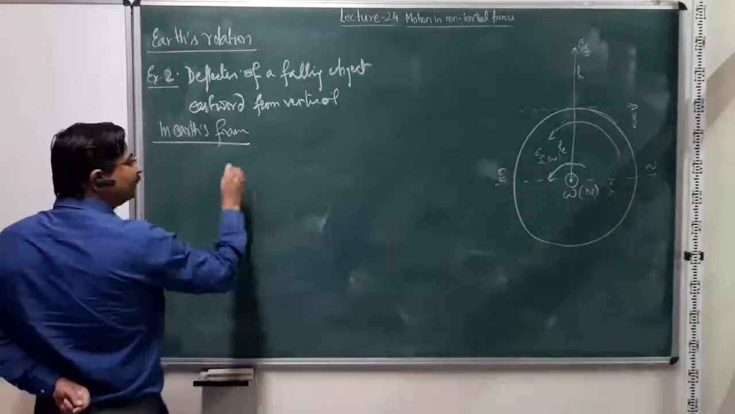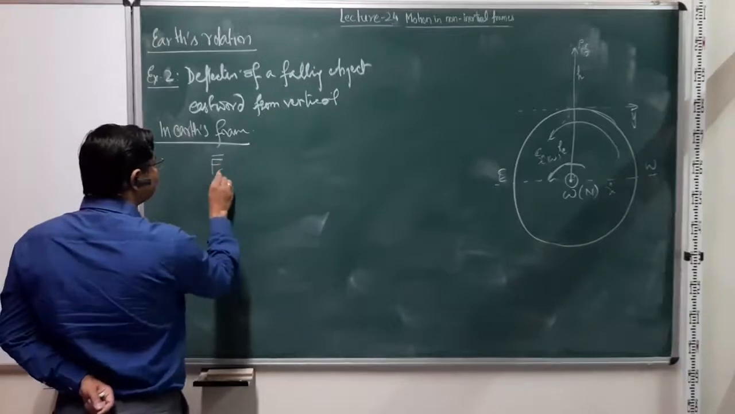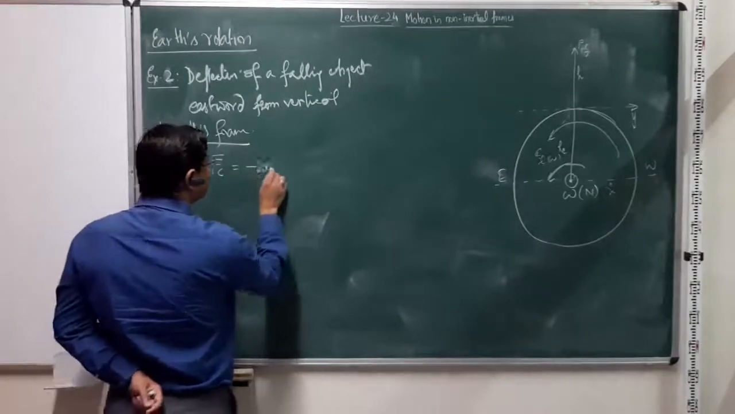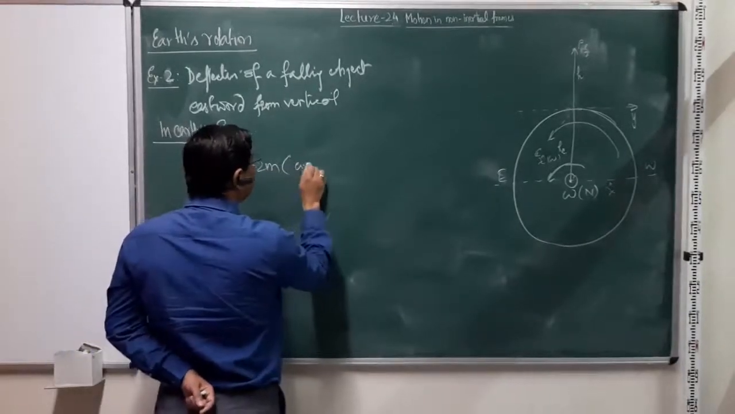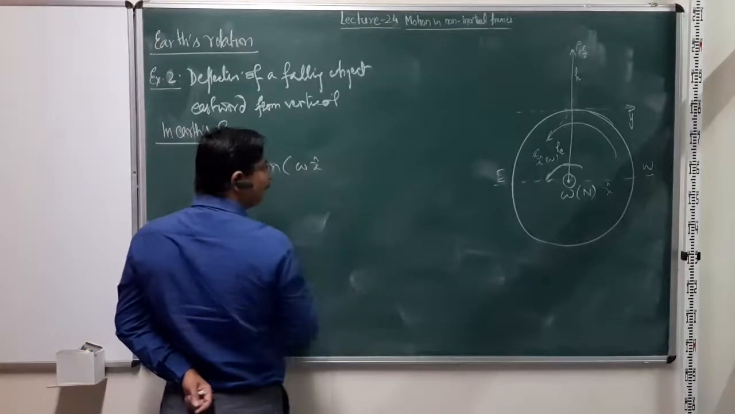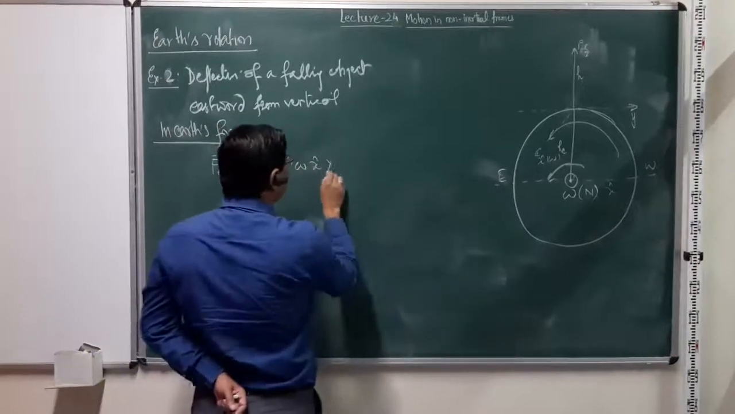So now let's write down the Coriolis force. The Coriolis force again is minus 2m omega, which is omega x cap, cross